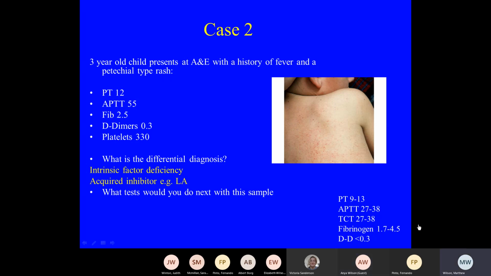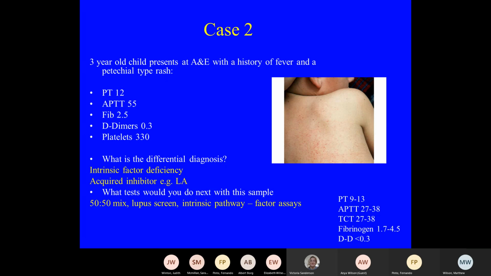So I would either check factor levels, looking for the intrinsic pathway, as well as von Willebrand factor, and probably do direct antibody tests for lupus anticoagulant. Yeah, exactly. So next slide, for the answer. A 50-50 mix, a lupus screen, and intrinsic pathway factor assays. Now,